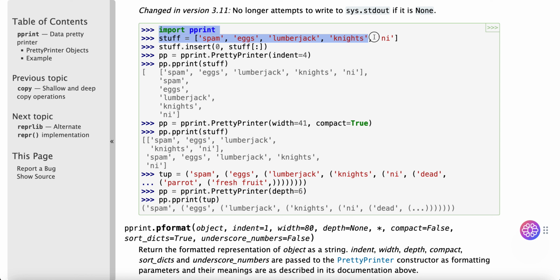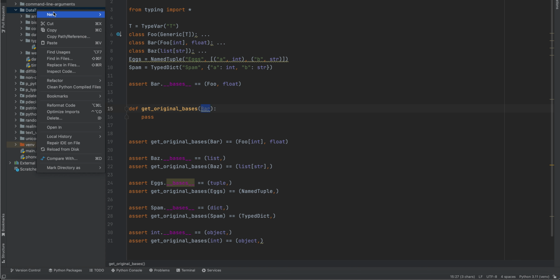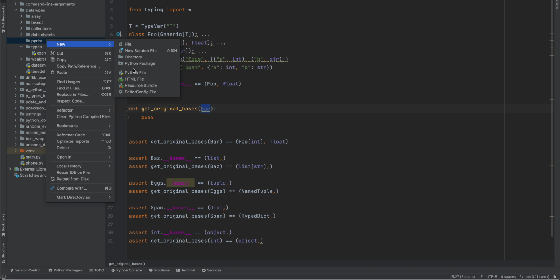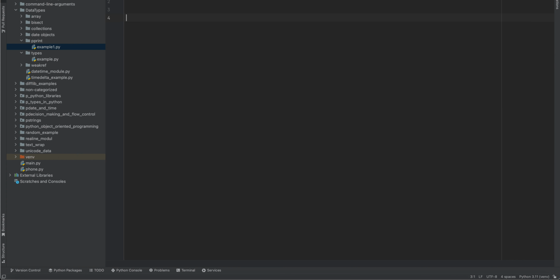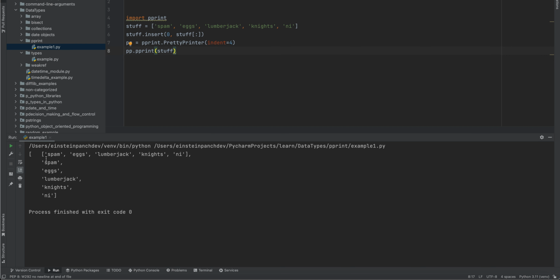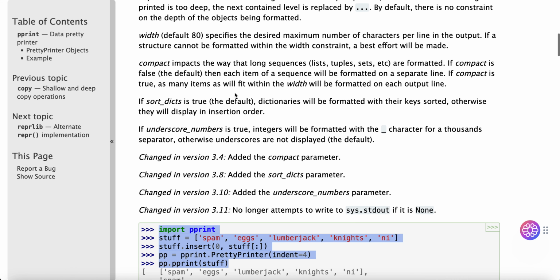import pprint. stuff = ['spam', 'eggs', 'lumberjack', 'knights', 'ni']. stuff.insert(0, stuff). pp = pprint.PrettyPrinter(indent=4). pp.pprint(stuff). So here, if I pass